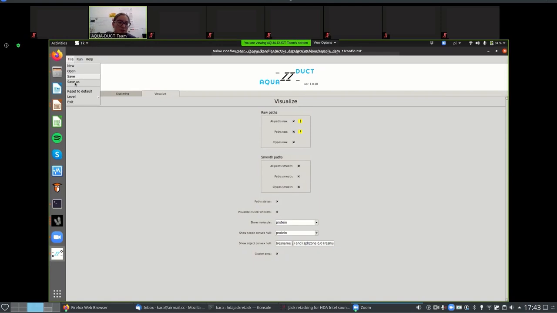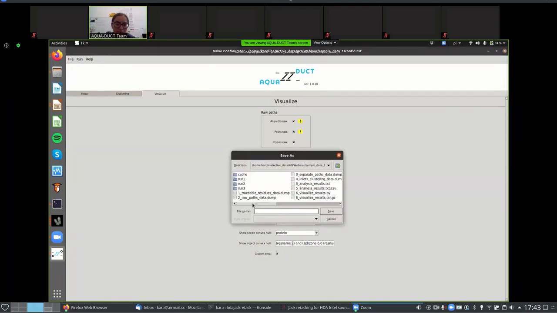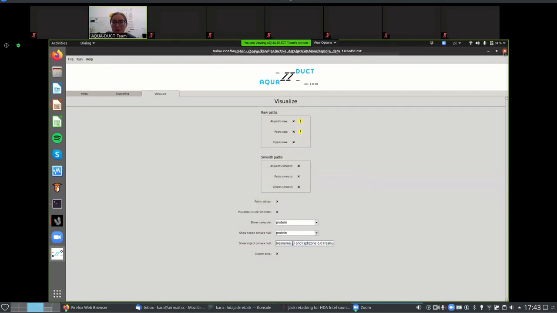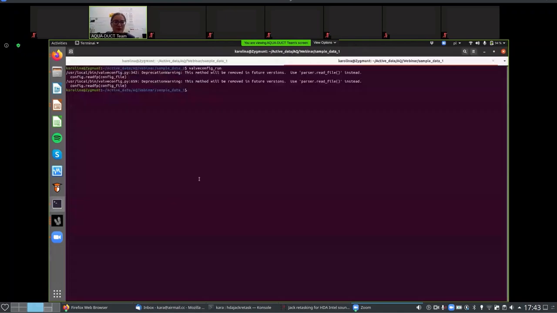So we need to save the config file. And I'm also going to save here as my config.txt file. I'm going to click save, okay, because I already saved that. And now we are going to run AQUA-DUCT calculations. So I'm going to type valve run using the flag -c. I will provide the name of the config file. So that's config.txt. And also I'm going to provide the name of the file that contains all logs, which are